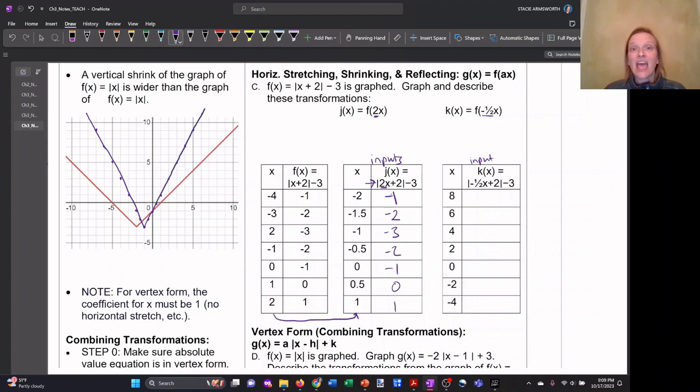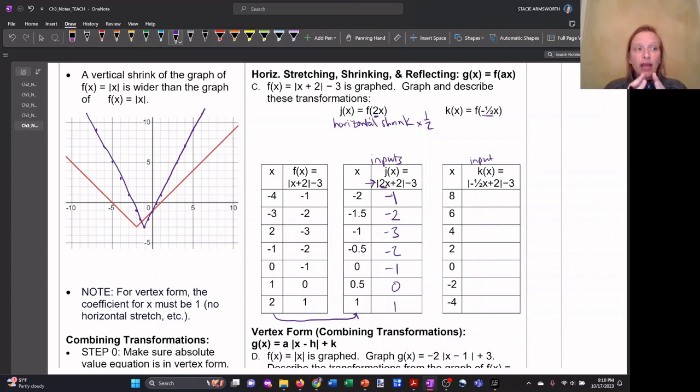It is a horizontal shrink of a factor of 1/2. Because the input values are affected, the change is the opposite to what you expect. This horizontal shrink by a factor of 1/2,